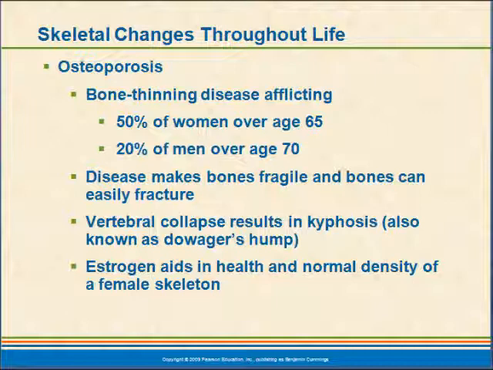More visible symptoms: vertebral collapse. You get this kyphosis, also known as the dowager's hump. And estrogen supplementation can be used. It aids in health and normal density of the female skeleton. It helps maintain the secondary sexual characteristics. The problem with taking estrogen supplementation is that estrogen also promotes the growth of breast cancers. So if you have a family history of breast cancer, this is an approach that you may not be able